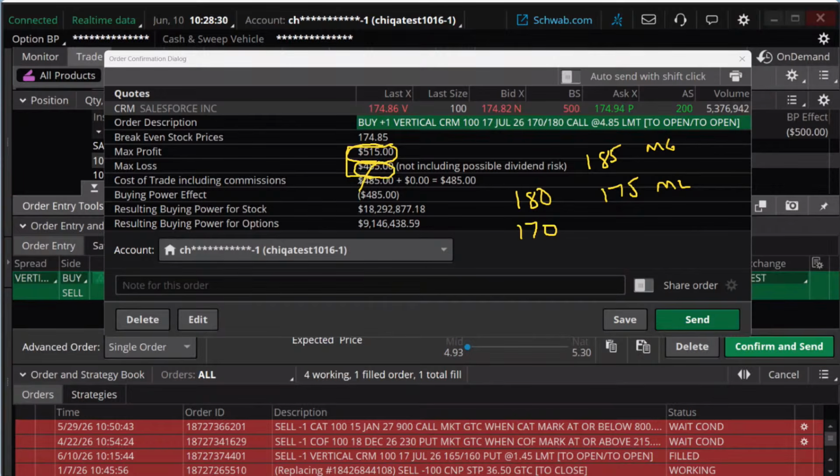The seesaw would hold. It's going to happen. The seesaw, remember, is the balancing between the probabilities and the return on risk. The return on risk would go way up. The probabilities would go way down if we shifted to a higher strike price. Which is the better trade? I don't know. If you're more aggressive, if you're more bullish, this one may be better. If you're a little bit more conservative, this one may be better.